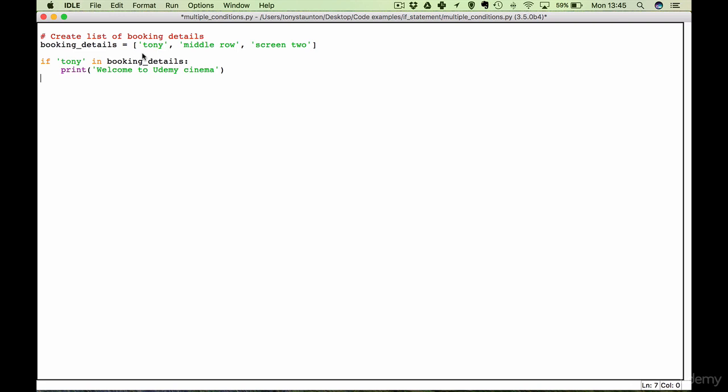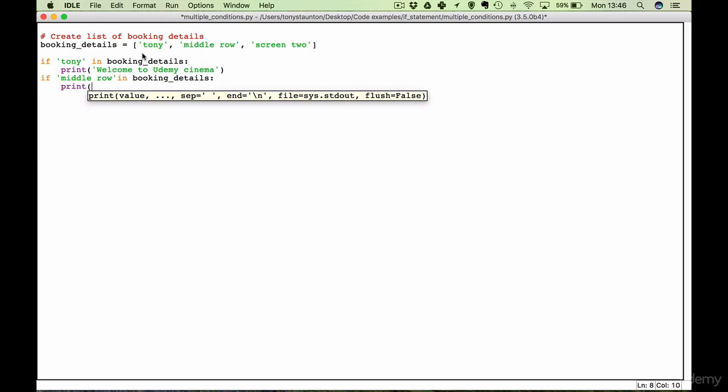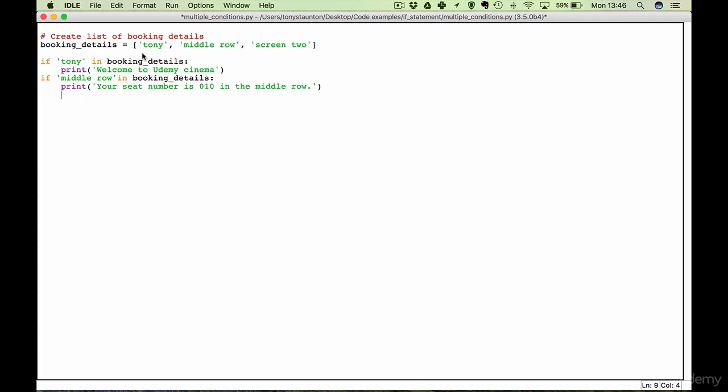Next, if middle row in booking details, we then print: your seat number is 010 in the middle row. Perfect. So I think you get an idea of what we're doing here. And just let me close that. There we go. And our final if